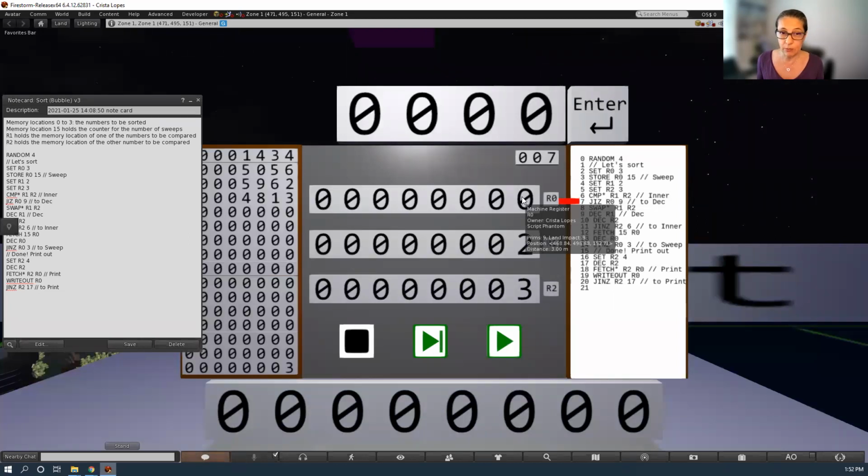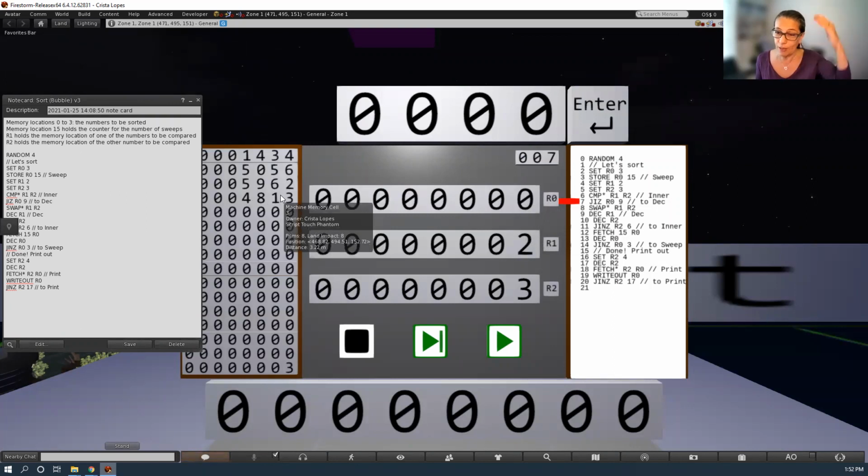Indeed, it's a 0, right? So a 0 means that the first one is bigger. In that case, we are going to leave them alone. We're not going to swap because we want the lower numbers at the bottom and the bigger numbers at the top. So in this case, we don't need to swap because